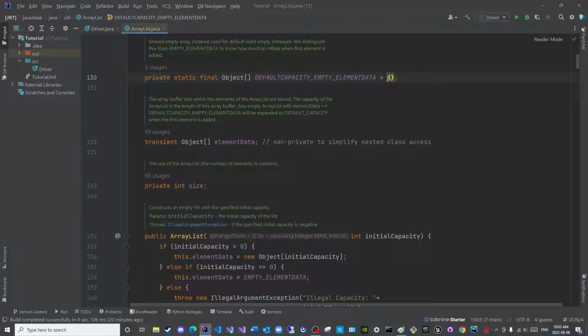Private, so this is probably inaccessible, or it is private to this class. And final, this probably cannot be changed, maybe. Size, this is understandable. But transient,